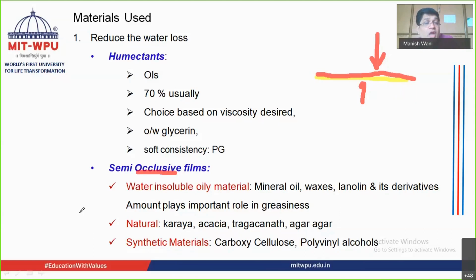You can use natural ingredients like karaya, acacia, tragacanth, agar agar. They can be used. You can use synthetic material, for example, carboxycellulose, polyvinyl alcohols. These can be used in order to form your semi-occlusive kind of dressing. So you can use humectants. You can use semi-occlusive material, that is oils, waxes, lanolin. Okay, then